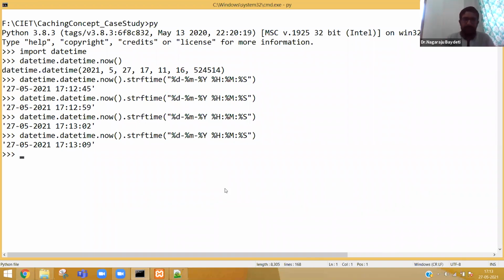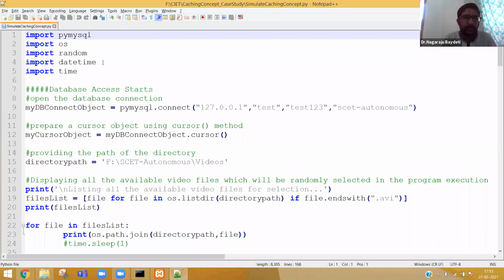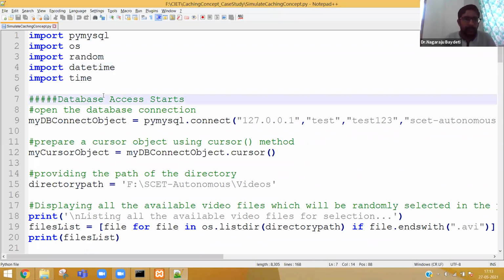Okay. Now, for the purpose of taking the timestamp, I took the package datetime. Now, what is the next line? Everybody will understand this line clearly. That is about connecting to the database.